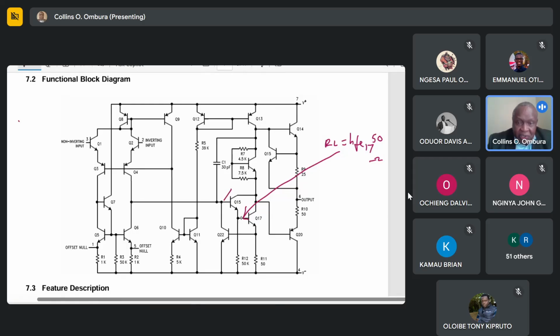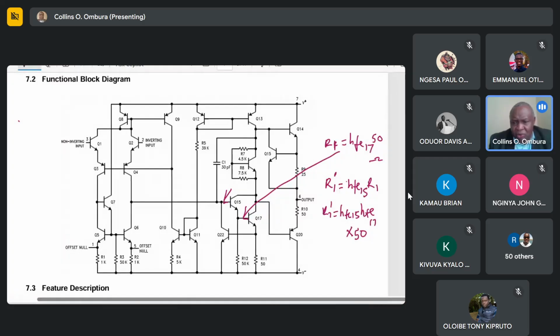And the resistance at the base of here, the input resistance over there, let's call it R1 dash, will be HFE15 into, let's call this one R1, into R1. So R1 dash will be HFE15 times HFE17 times 50 ohms. So since the currents will be very small, if you assume that both of them are about